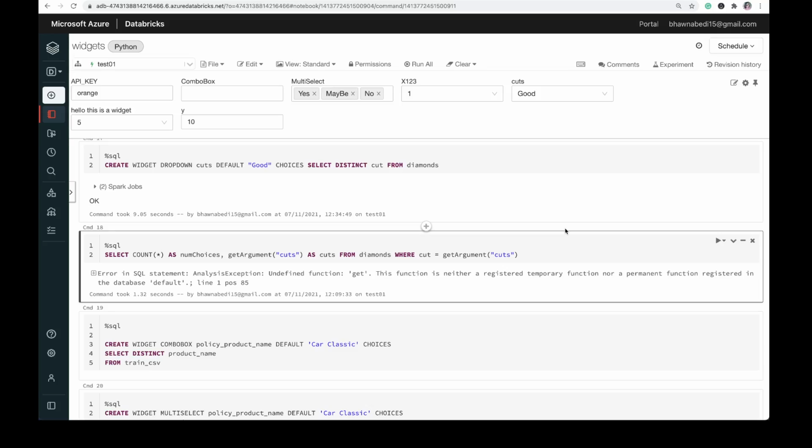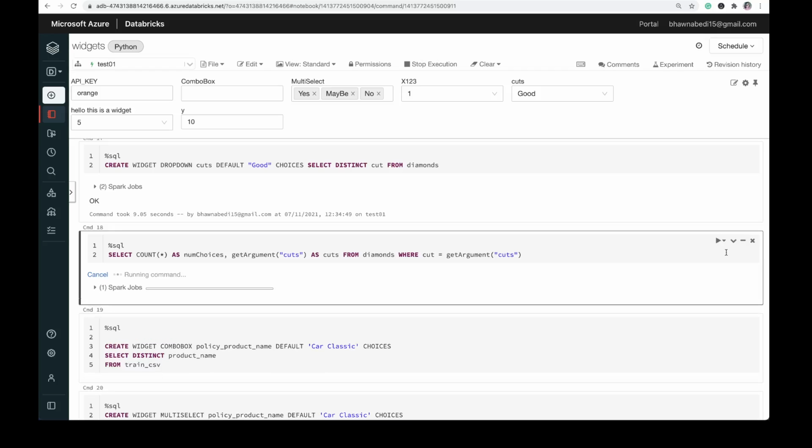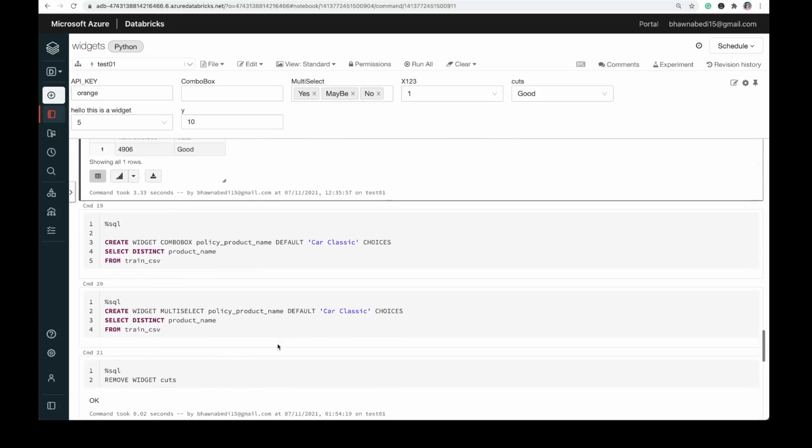So wherever cut is equal to good, because right now the default value is good, only the data where cut is equal to good will come up. So what is the count of total number of rows where your cut is good? This is how you can use the widget in SQL directly. It is quite good.